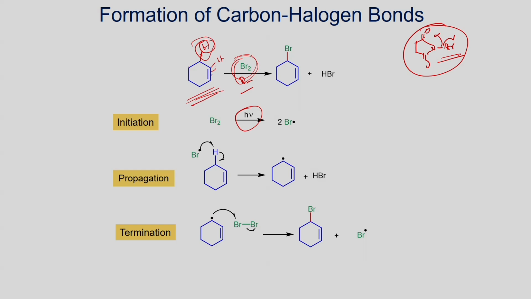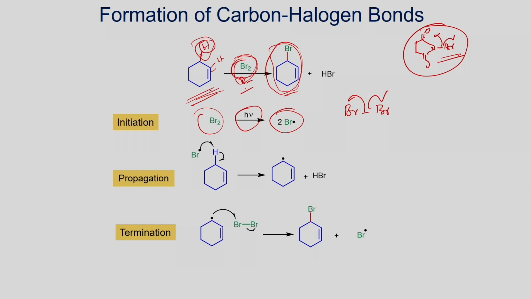Now let us look at the reaction of cyclohexene with bromine, where the presence of light is shown. Then you will be able to form the allyl bromide. The allylic CH bond undergoes cleavage in this reaction, and you form the allylic radical. That radical reacts with the Br dot, and then you will form this bromo compound. As we have just seen for chain initiation, this bond is weak. When you apply light, it undergoes homolytic cleavage and you form the Br radical.